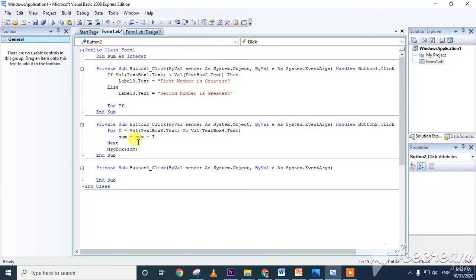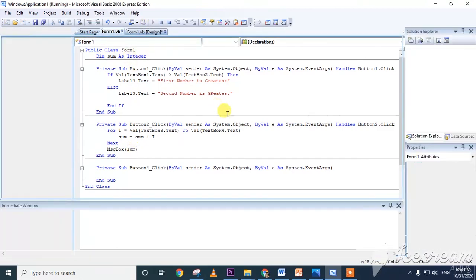When you are using the For statement, it should be used with Next. After Next, a message box should display the data. What should it display? The sum value should display here, because it is stored in the sum variable.